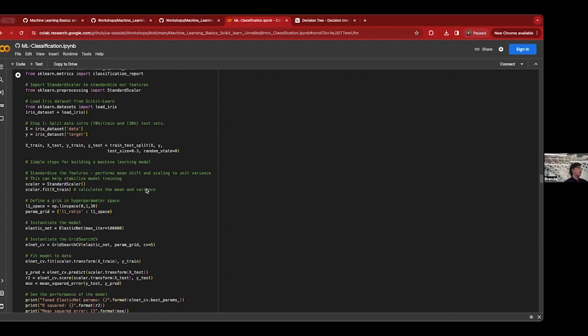And it can help basically to take all of that and then shift it down. So down, the mean is now at 0 and the variance of that data is 1. So the weights and everything that the machine learning classifier has to learn can be smaller as well. It can essentially just smooth out the training process